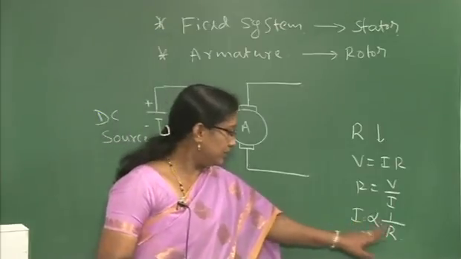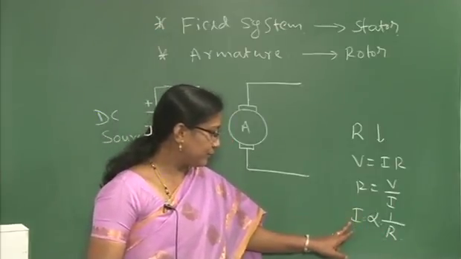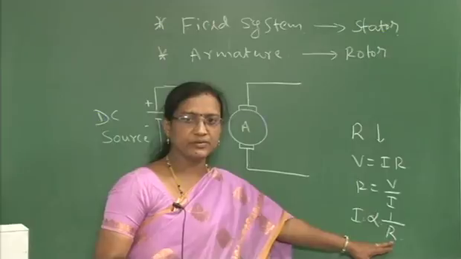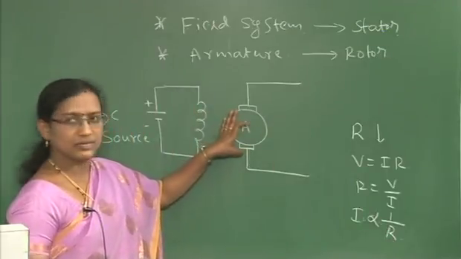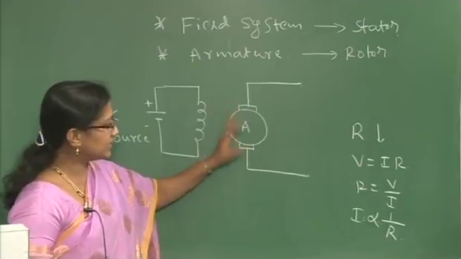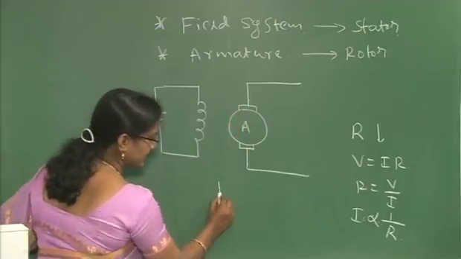So, to make the current flow properly, the resistance should be very low. That is why the armature has very low resistance